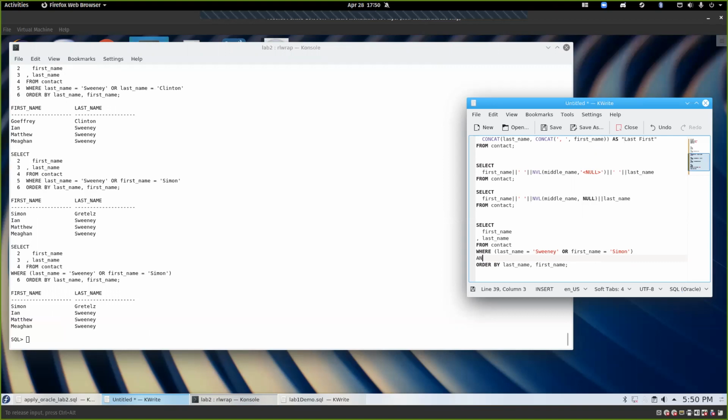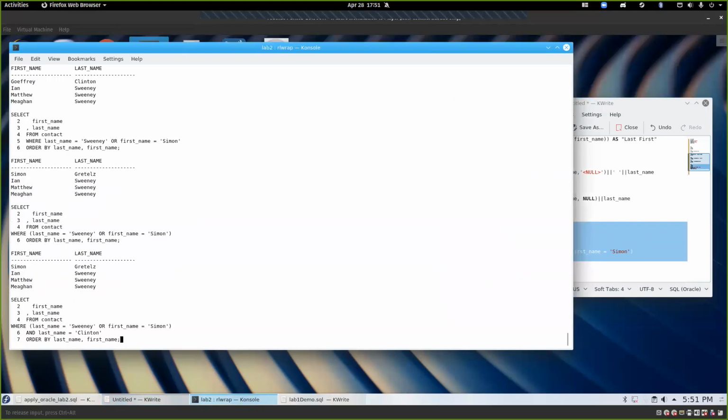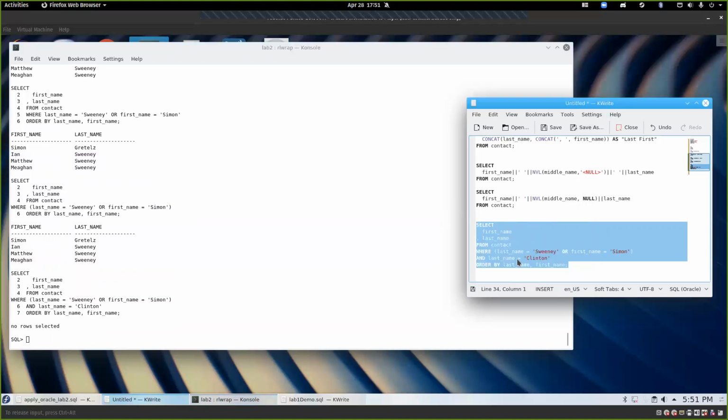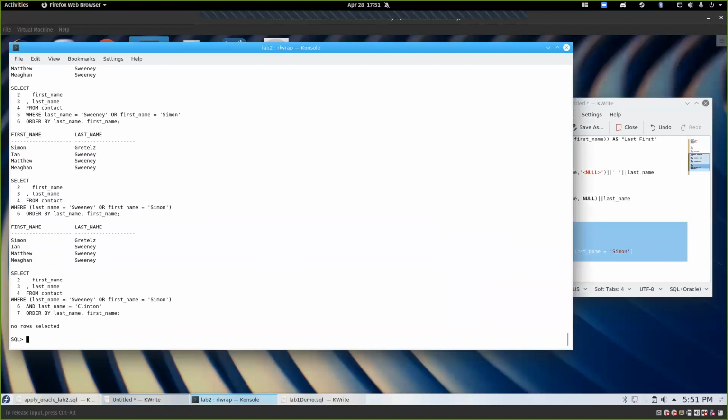And then from here we could add "and last name", let's add the Clintons again, and last name is equal to Clinton. So now we will actually get no rows selected because of this and statement, because there are no Clintons who have Sweeney as a last name or Simon as a first name. But if we change this to Gertels, then we would get,